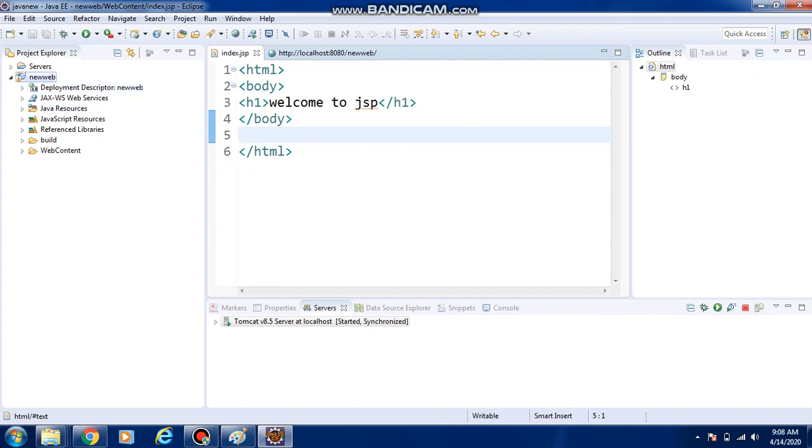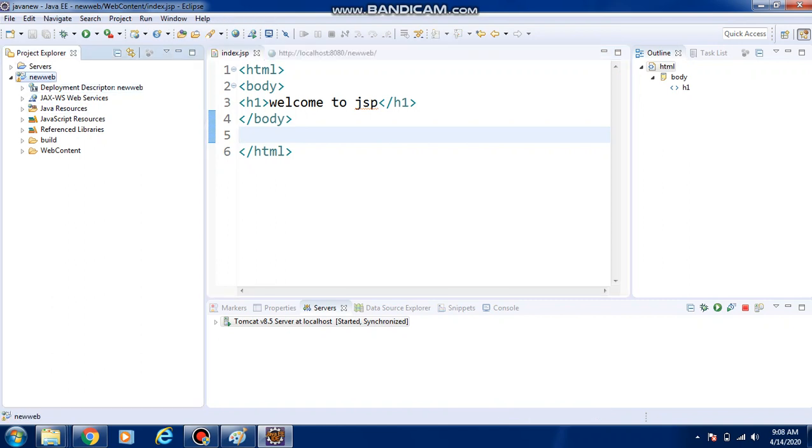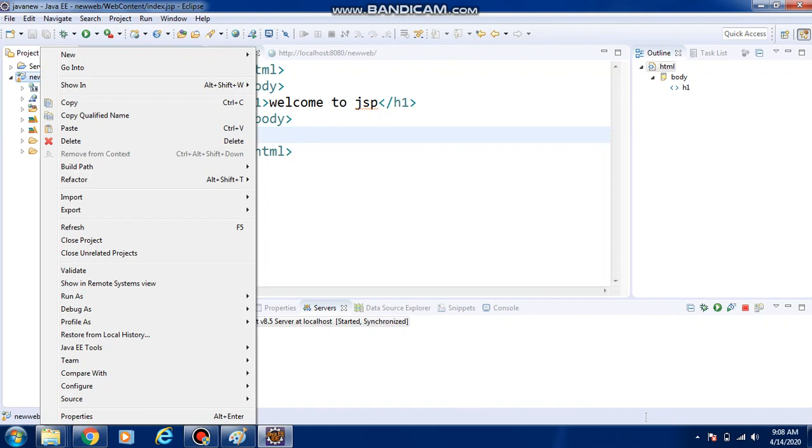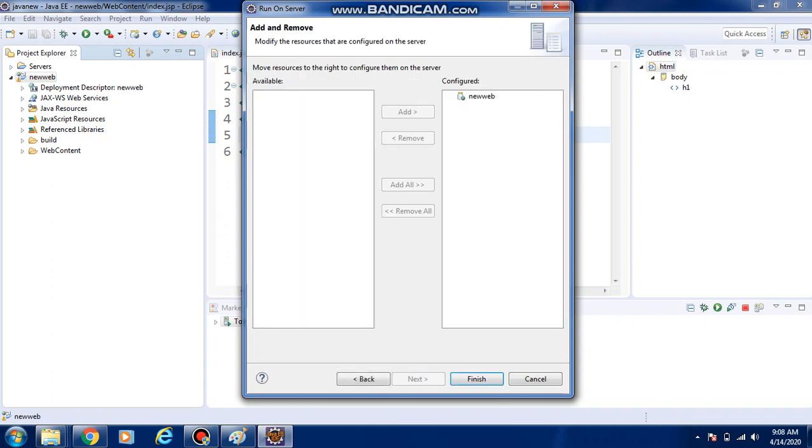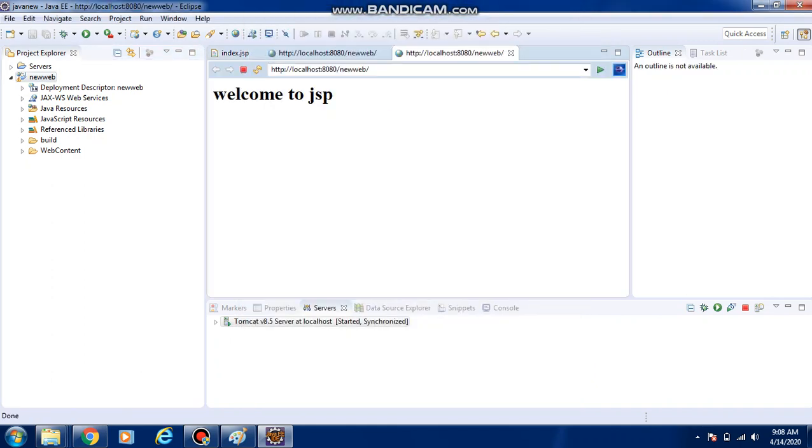How to run this? Always run from the project: right click, run as, run on server. Only one time you have to set the server configuration. All remaining times we can directly execute. Now it is showing welcome to JSP.